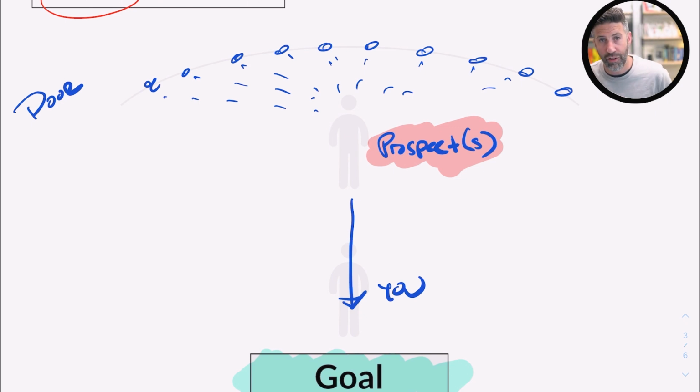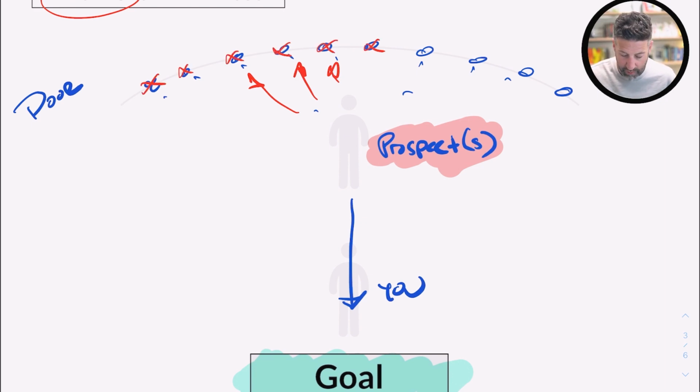If you only cover 9 of the 10 and you don't uncover the cost of why solving this problem is important to them, that's going to be the objection, and they're going to go through that door. So as you're going through the sales conversation, I want you to think about the fact that there are these 10 doors that your prospect could choose to escape back through, to not have to make a decision on that call. And it's your job on that call to actually seal off these doors inside of your conversation